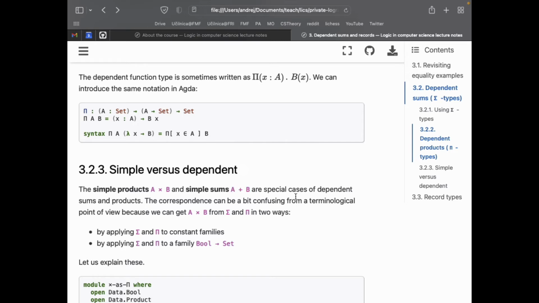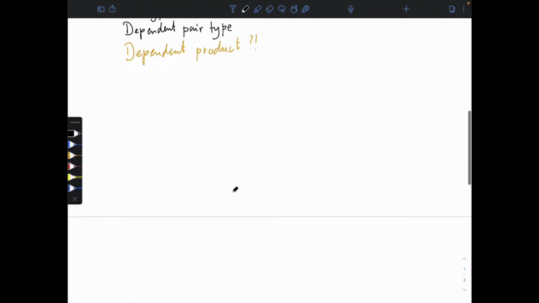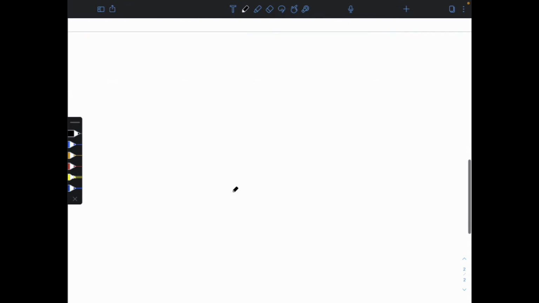This is sometimes confusing, because there are two ways in which you can get products. Actually, let's see. Let's do this first on paper. Well, I suppose it's fair to call this paper. I'm just going to do all four possible cases, and the cases are as follows. So if I have two types A and B,